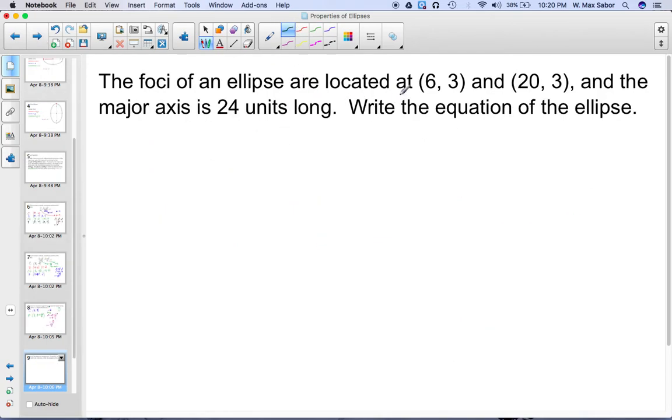The foci of an ellipse are located at these 2 points, and the major axis is 24 units long, so a is 12. Based on these, that tells me that the center is halfway between them, so that's 13, 3. That also tells me that if I go from 13 to 20 or from 13 to 6, the distance there is 7. So c squared